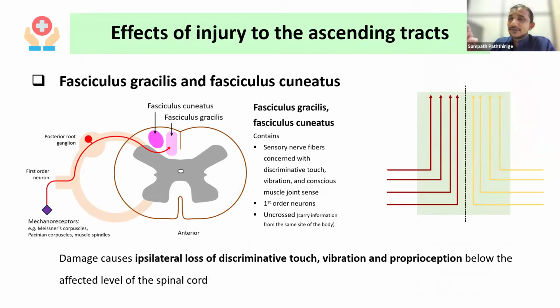So when the fasciculus gracilis and the fasciculus cuneatus, which is the posterior column, are injured, as it is carrying the fibers from the same side of the body, its injury will cause ipsilateral loss of sensation. Like discriminative touch, vibration, and proprioception, they will be lost on the same side of the body because they have uncrossed fibers. Then about the